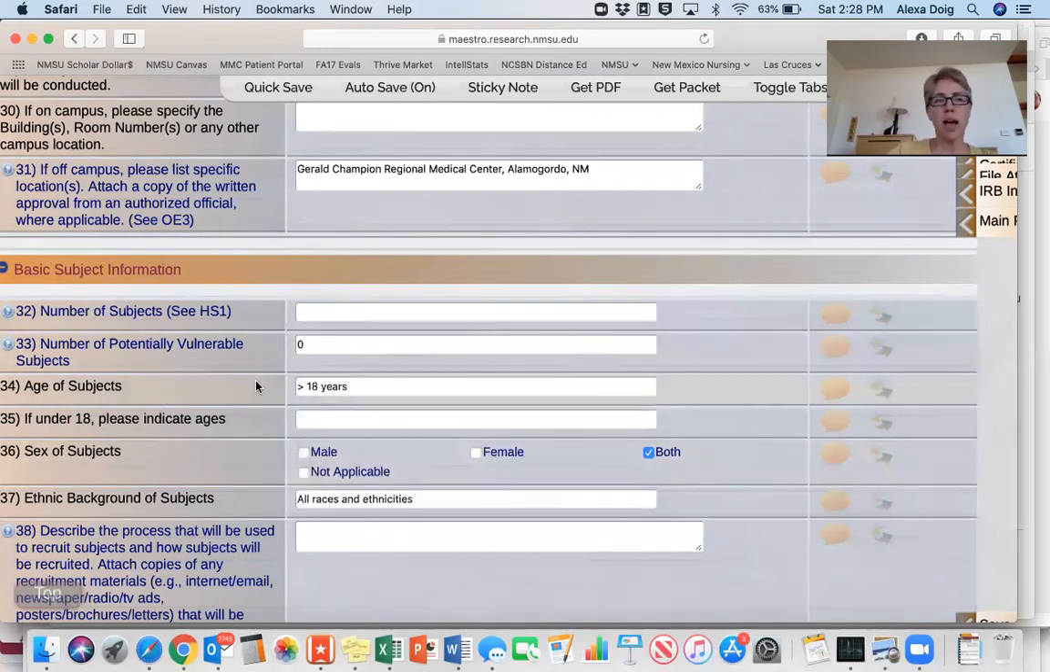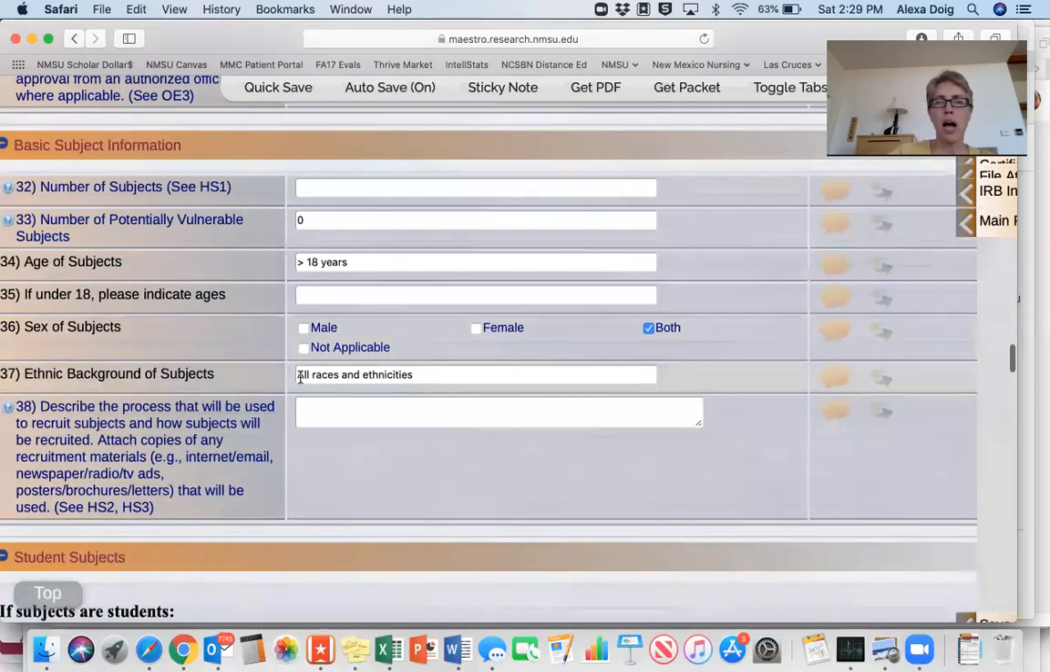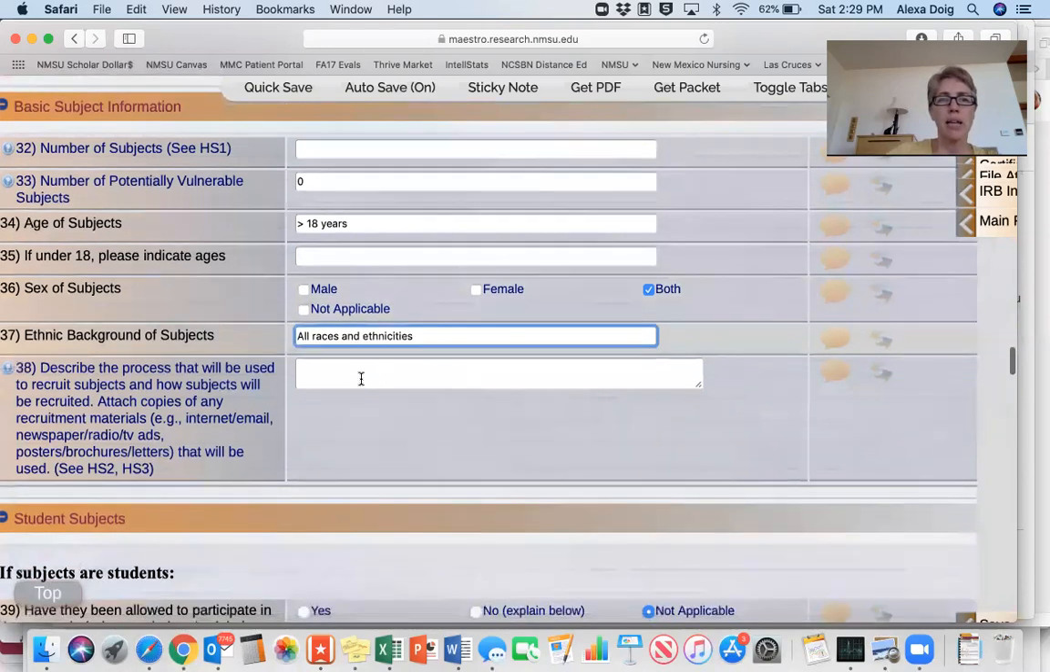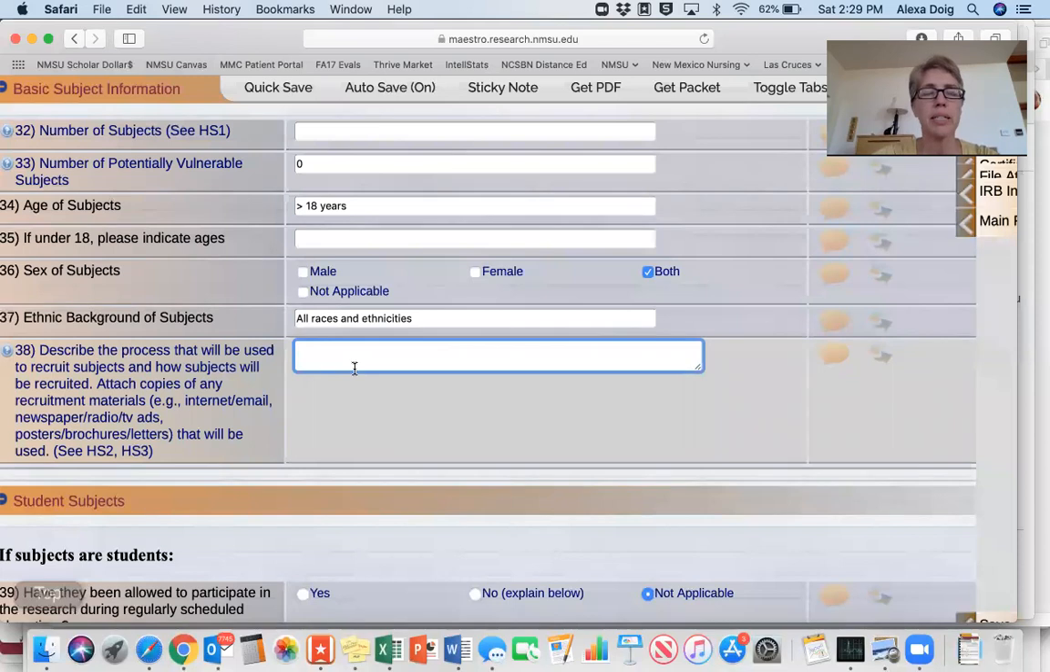Age of the subjects, I just said over 18 years. If under, indicate the ages. Sex of the subject, maybe not applicable here. Ethnic background of subjects, you may be focusing on a particular ethnic or racial group because there's a health disparity. So if you are, then put that there. And then you're going to have to describe how you're going to recruit your subjects. And so you have to go into a little bit of detail here. Are you going to